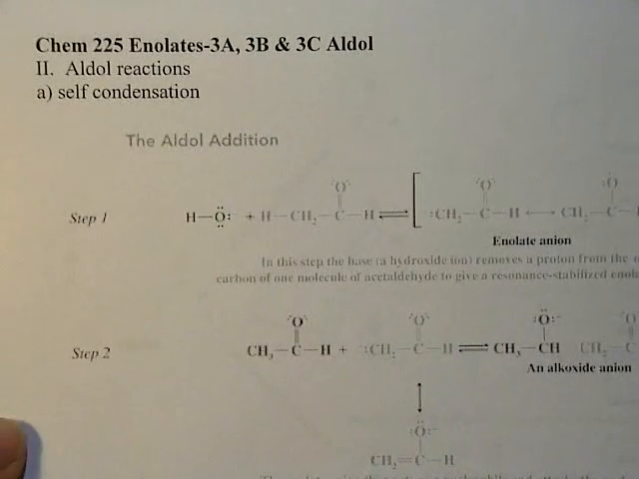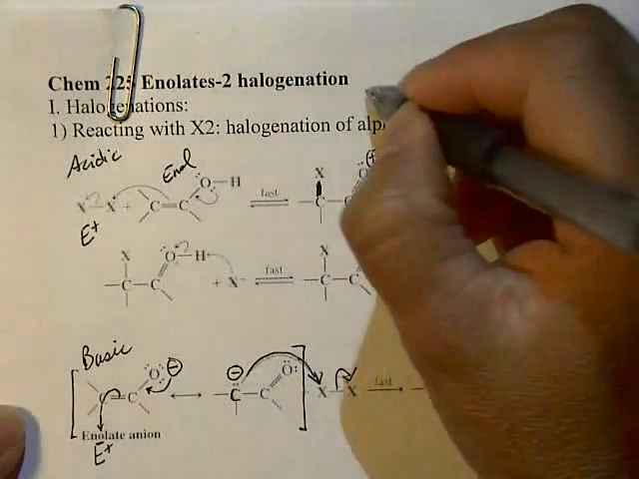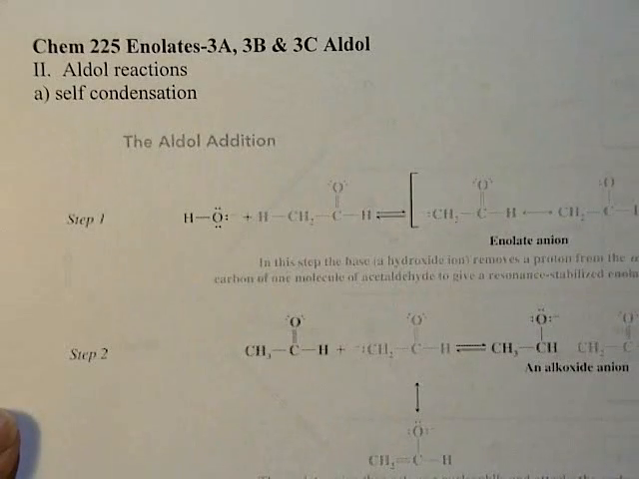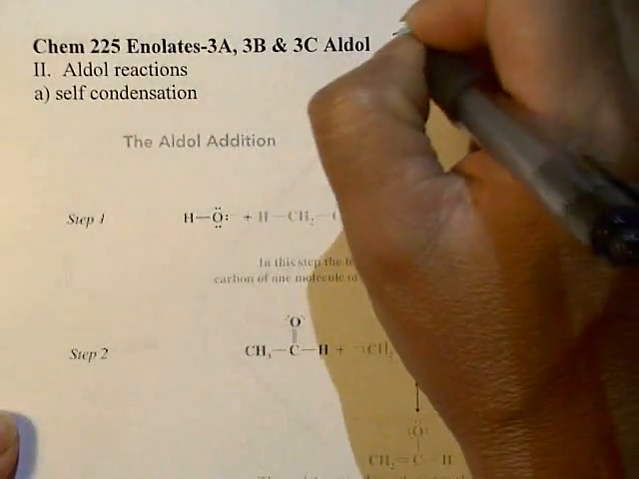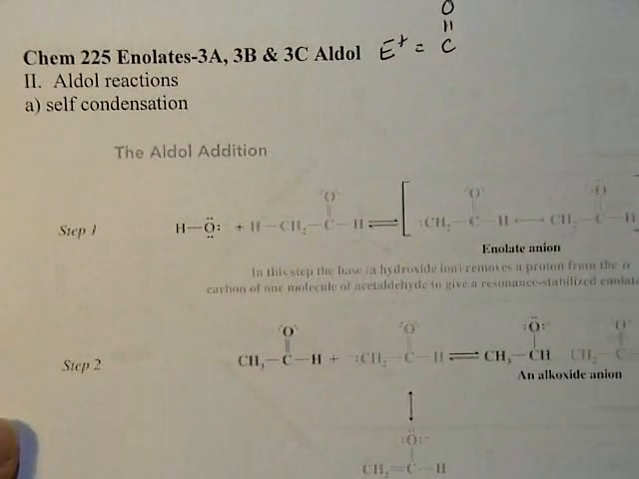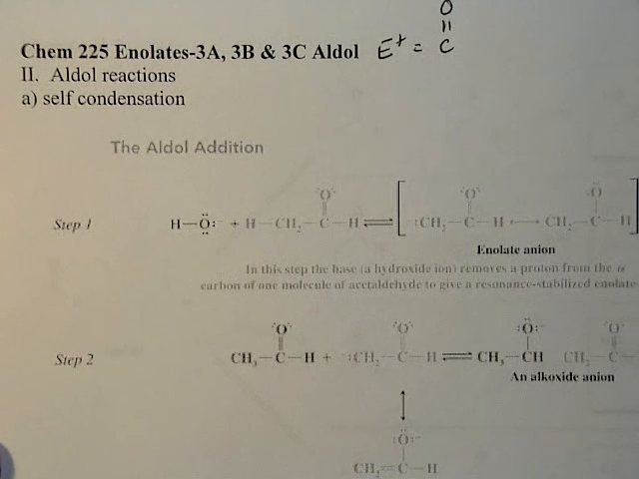So in the last reaction, we looked at where the electrophile was a halogen. And now we're going to look at a series of reactions where the electrophile is some kind of carbonyl compound. All right. So the first reaction that we're going to look at is called the aldol reaction, and it proceeds in several steps. So we're going to look at the first product first, which is an aldol addition reaction, and then